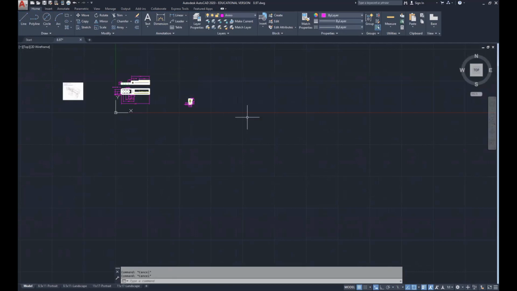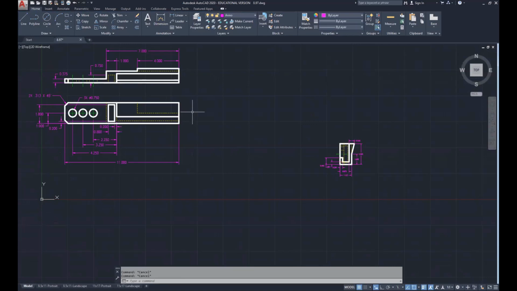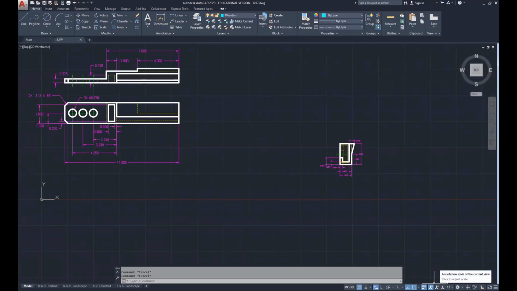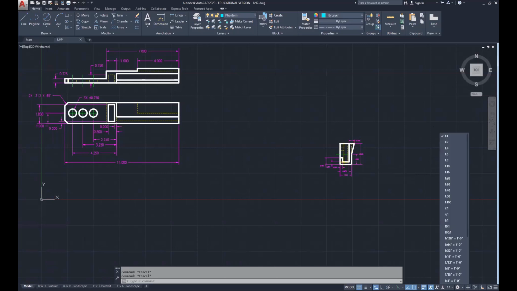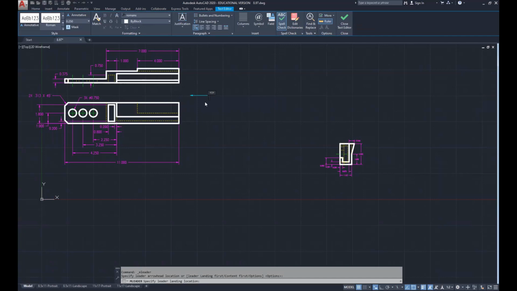Now we're going to need some other information here. So this is a remove detail. We're going to have to make our view AA. In order to do that, let's go ahead and change this to Phantom. We're going to change this to 2. And we're going to go ahead and make a leader pointing from this direction going in that way. And I'm just going to go ahead and enter that. Escape